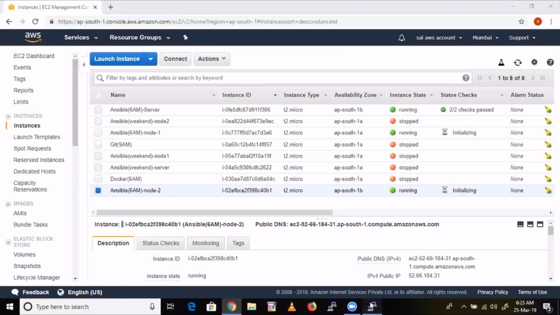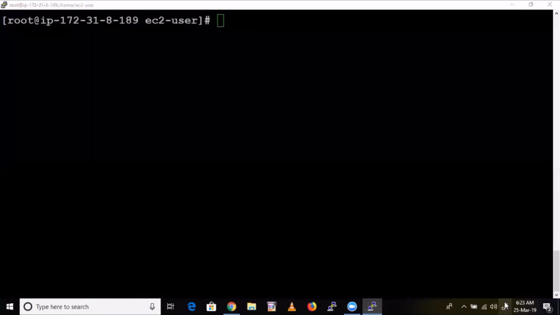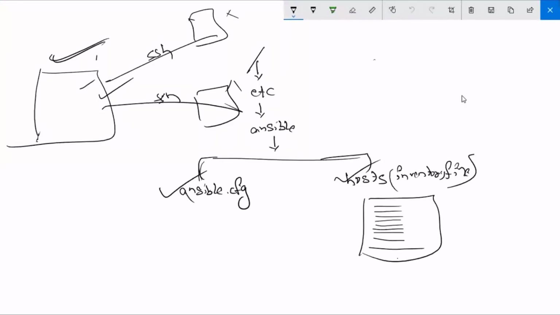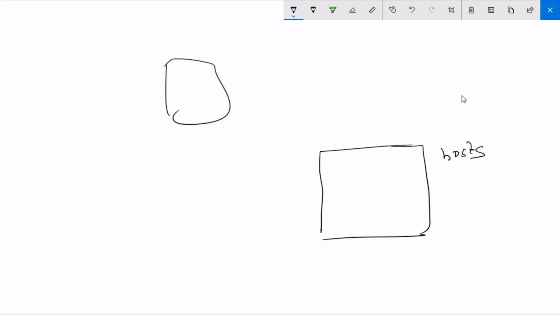Now what we have to do, see here. Inside this host file, we are going to mention the IP addresses of these nodes, these hosts. This is the server, these are the nodes.